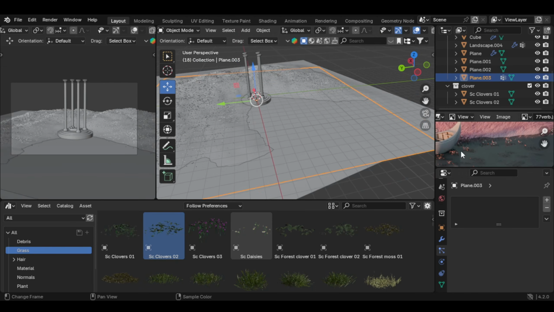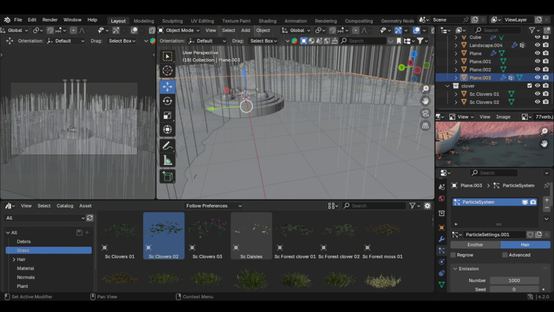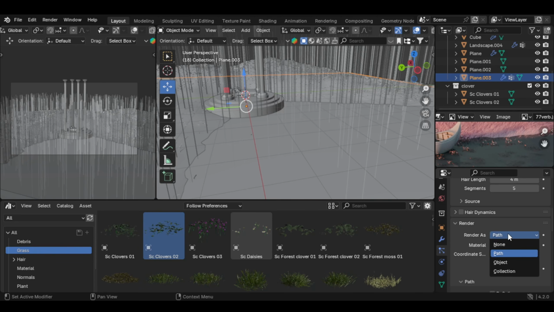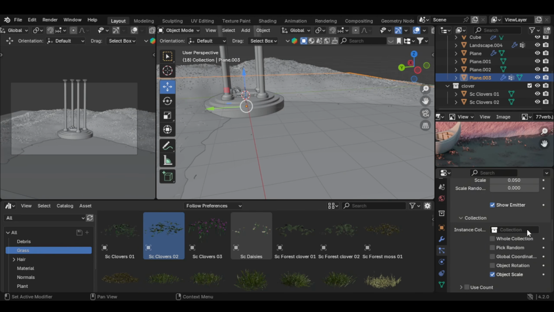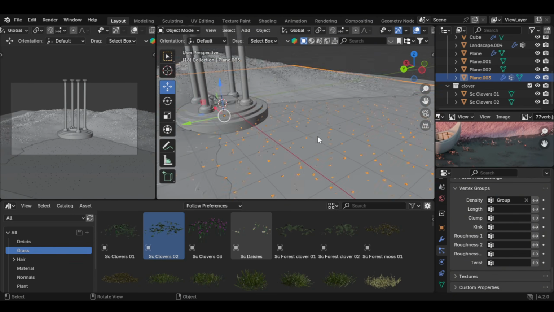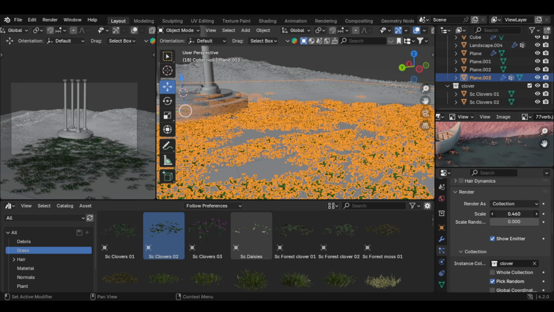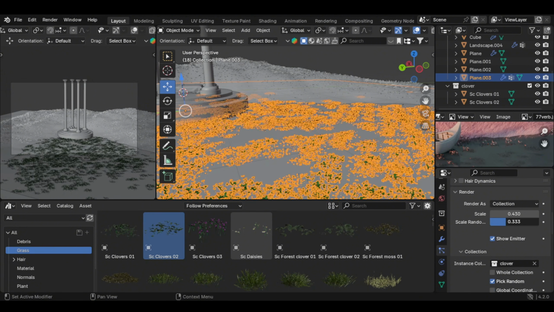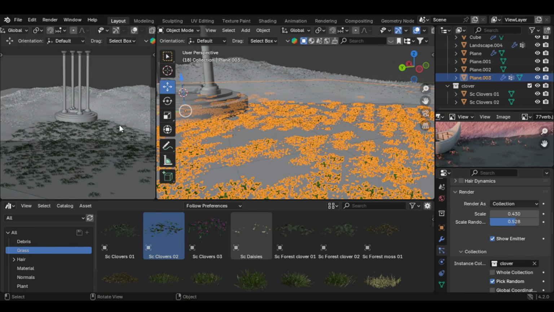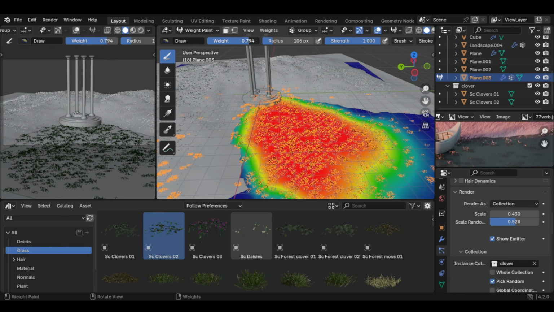And let's go to particle system again and add a new one by pressing plus and change it to hair. And let's go to render and render collection and choose your clover collection. And also go down here and again the density, your group, and also select pick random. And let's make them bigger. And also scale random. As you can see, it is a bit too much, but I will change the weight paint. So let's make some variations by maybe putting it to 0.6